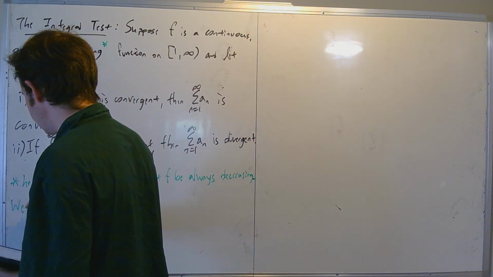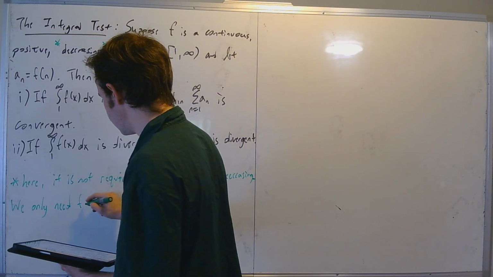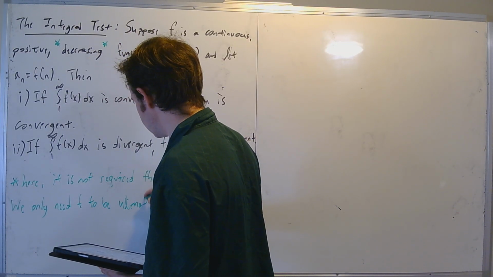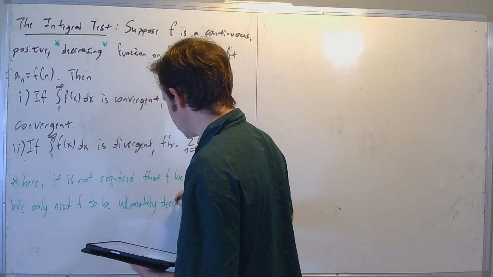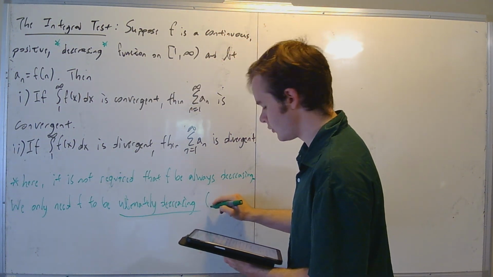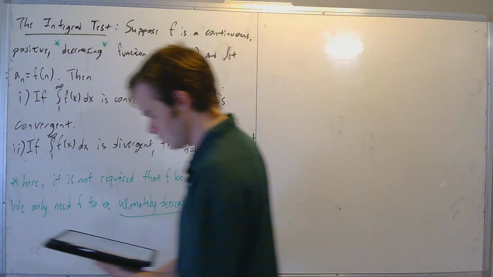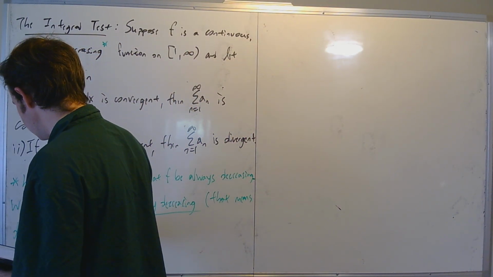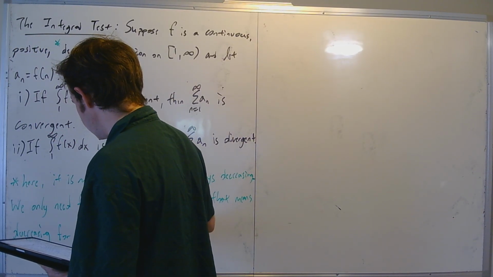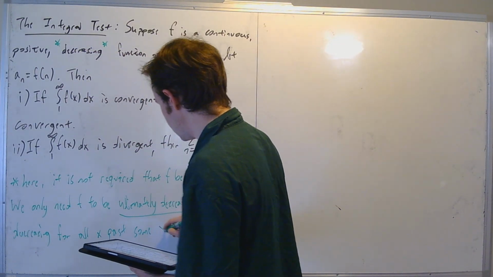We only need f to be ultimately decreasing, and what that means is decreasing for all x past some x value